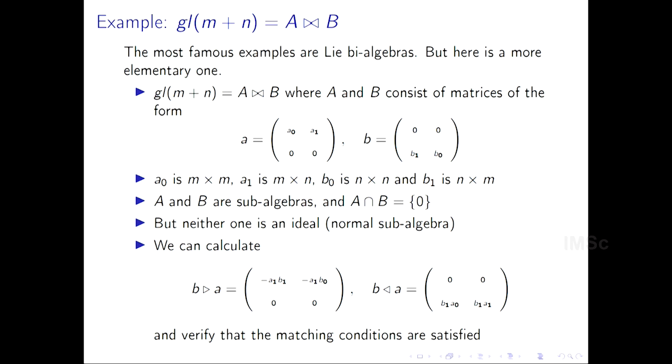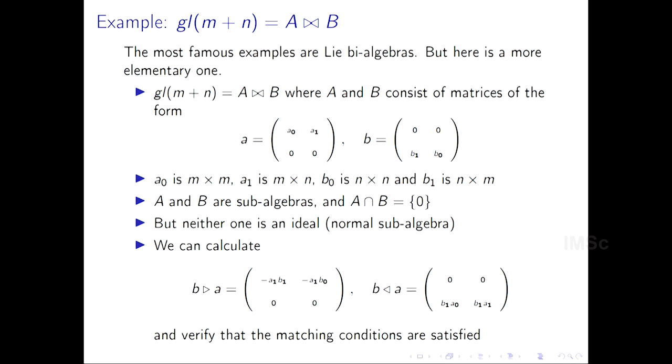I think this is a very useful thing, because how do you study complicated groups or Lie algebras? You break them up into smaller things. Usually when you break them up into smaller things, at least one of the two pieces is an ideal. For example, in Wigner's theory of representations of the Poincare group, he starts by studying representations of translations, and then he looks at the action of rotations or Lorentz transformations. So they're using the idea that the translations form an ideal.